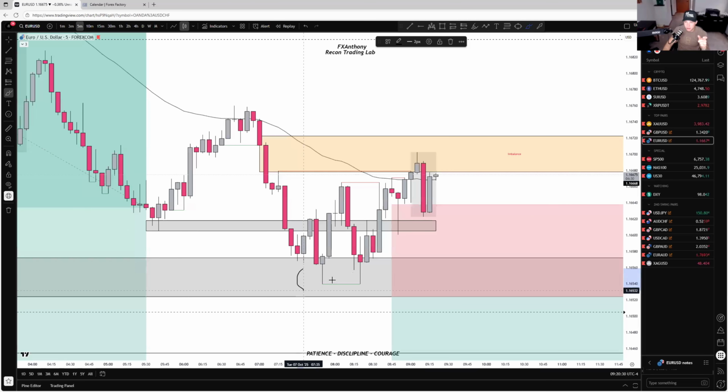Ready? Inducement, BOS, right? Inducement, BOS. Price created a higher high and a higher low. Okay. This is your next BOS zone. Technically, this is your BOS zone, but once price breaks above this, it's another confirmation that buyers are in control. Price then came back, failed to create the lower low.